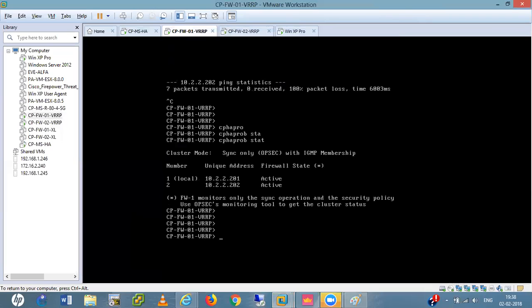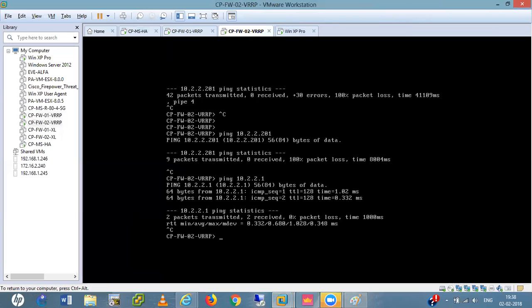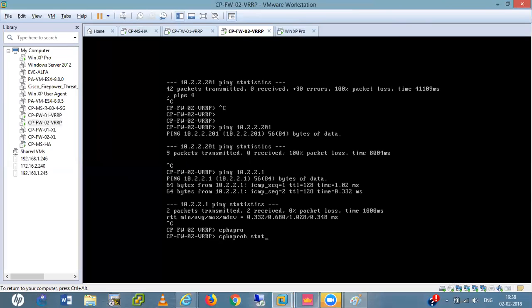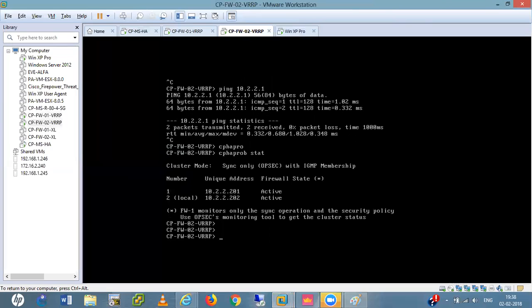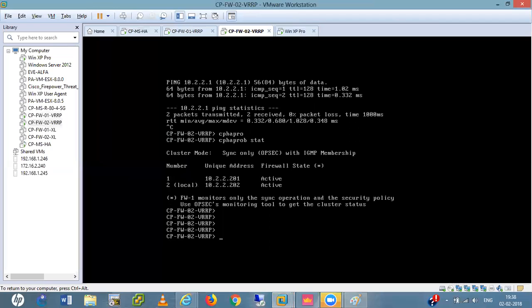See, now active. Two other active. Maybe they will change in a minute. Probe-stay. Local. Both are in active state, right? So VRRP clustering is by default in an active state, okay?